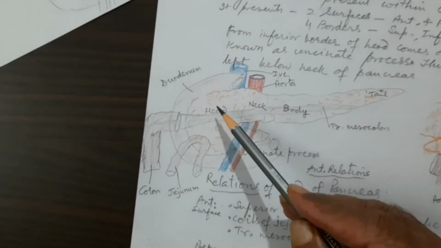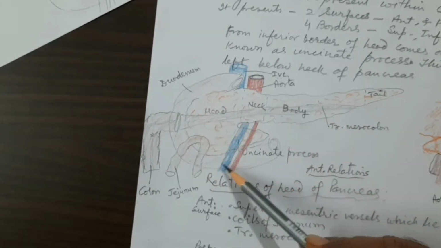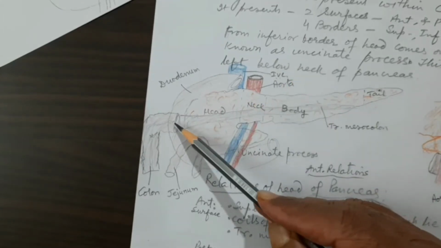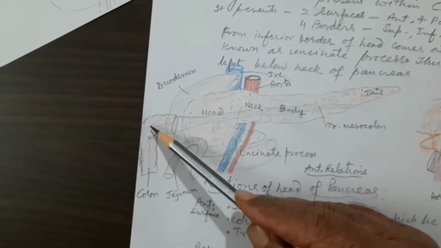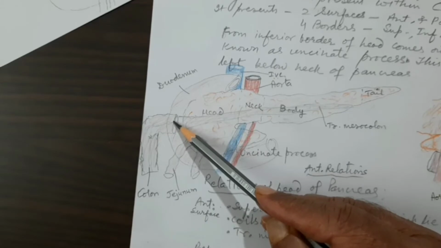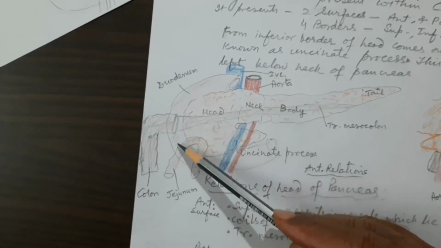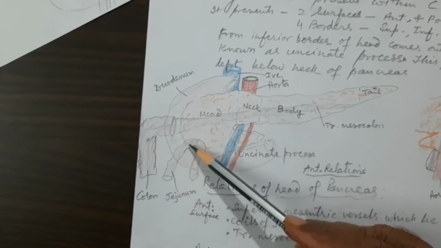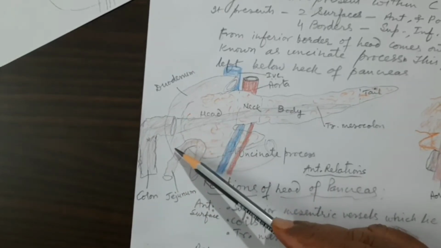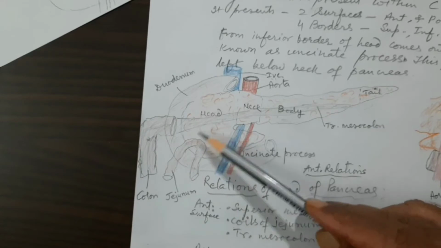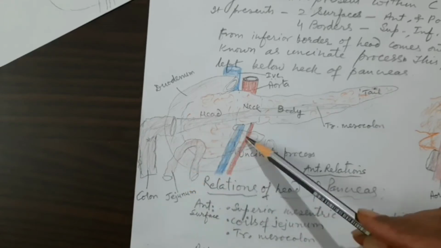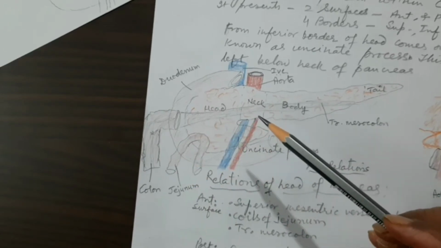In another diagram you see the C-shaped duodenum. This is the colon, the ascending colon, the colic flexure, and the beginning of the transverse colon in front of the second part of the duodenum. This is a loop of the intestine which is related to the second and here the third part of the duodenum. So many loops will come here. Just one is shown here.